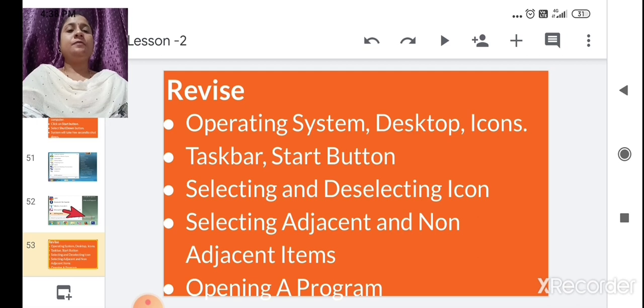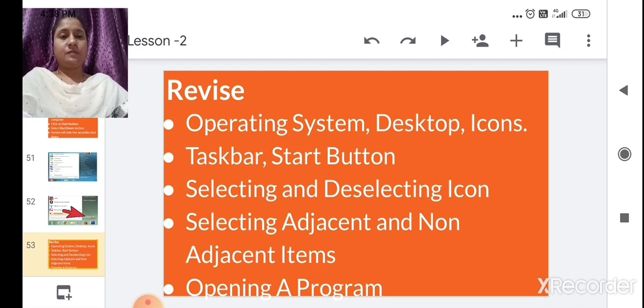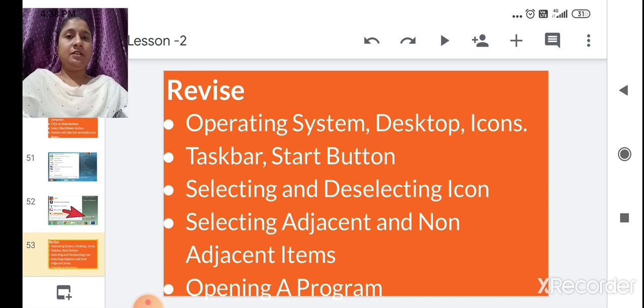Then we have seen opening a program. I have said there are two ways: by double clicking the left mouse button the item icon gets opened, or click the left button on the icon and press the enter key, and it will open. Or the third way is to select the icon, press the right mouse button, and from the list of options that appears, click on open, and it will open.